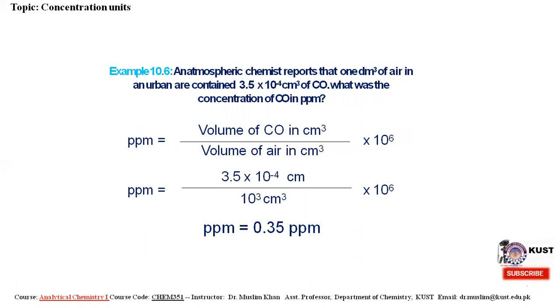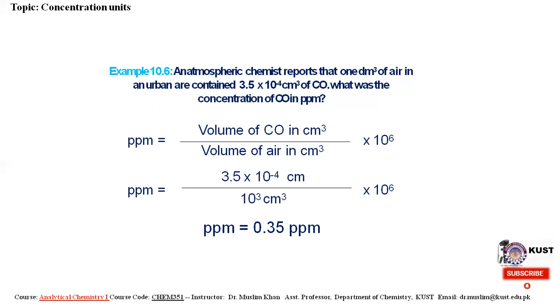First of all, what is the formula of ppm? So volume of carbon monoxide in cubic centimeter, volume of air in cubic centimeter, multiplied by 10 raised to the power 6. So this is 3.5 times 10 raised to the power minus 4, and 10 raised to the power 3 of air. So multiplied by 10 raised to the power 6. So it means that 0.35 ppm carbon monoxide is present